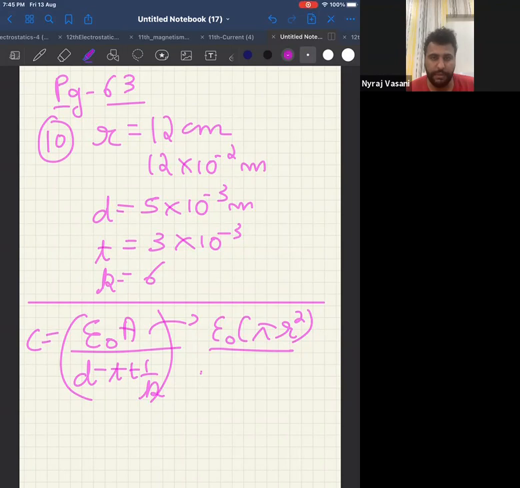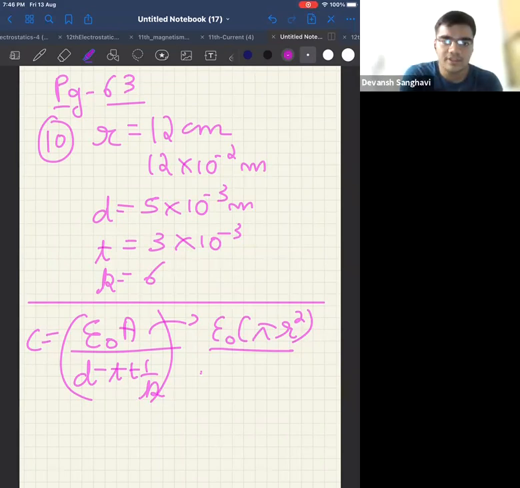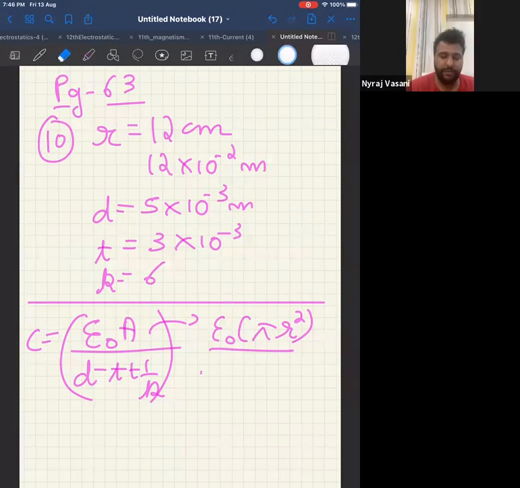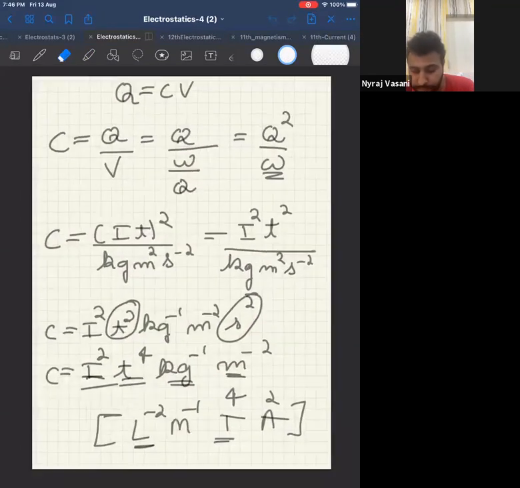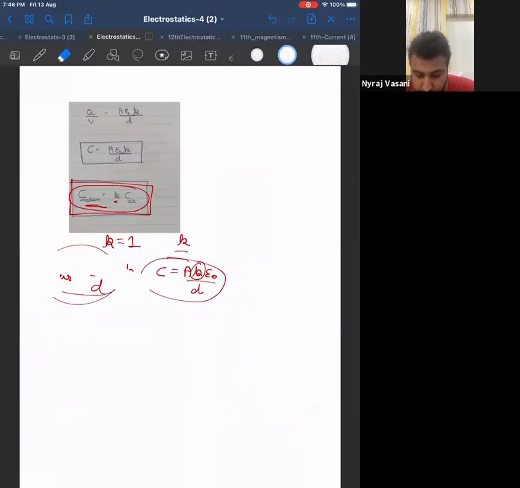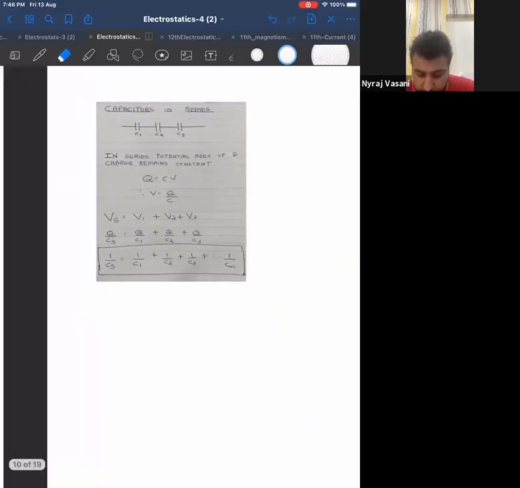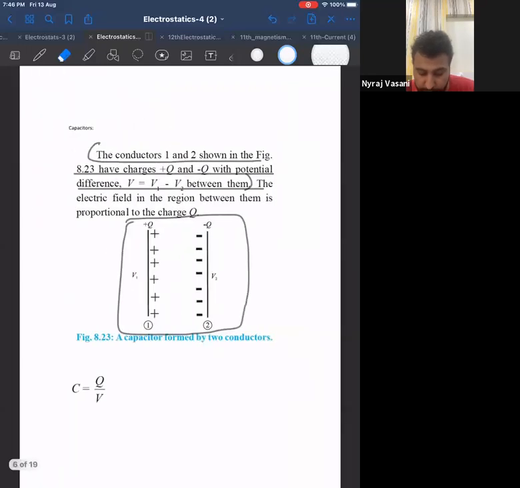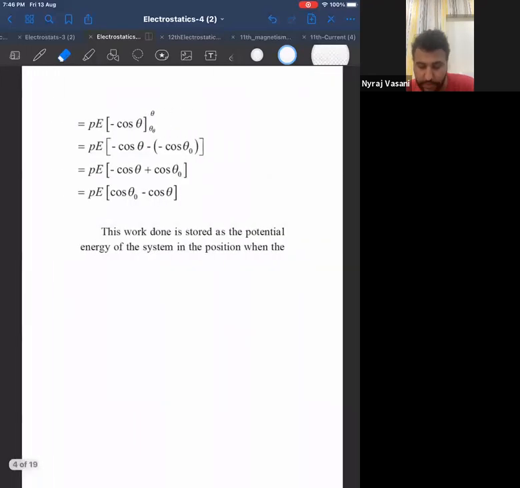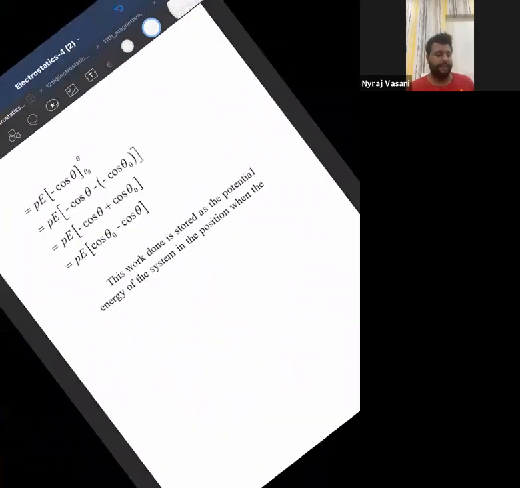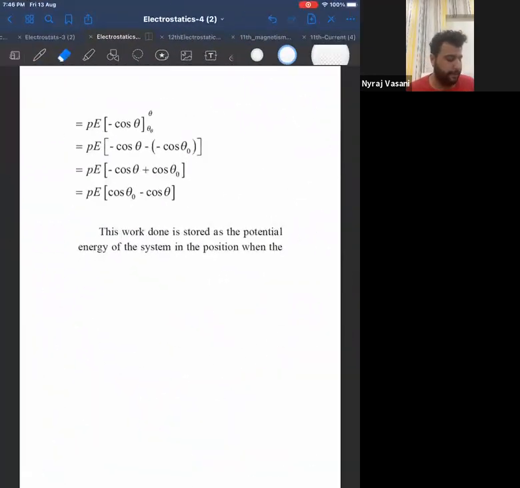I will show you the formula. 1 minus 1 by K. Yes, sir. T into 1 minus 1 upon K. Okay, we'll take that formula. Where is it? 1 minute. We'll use the direct formula. Here it is not there. Electrostatics 5 will be there. Which formula we have done, we'll use that only without any change.